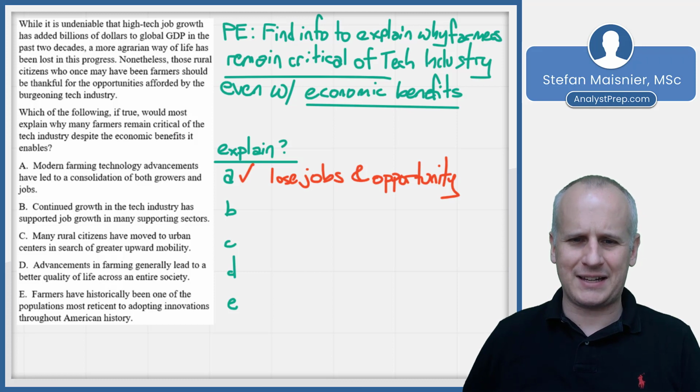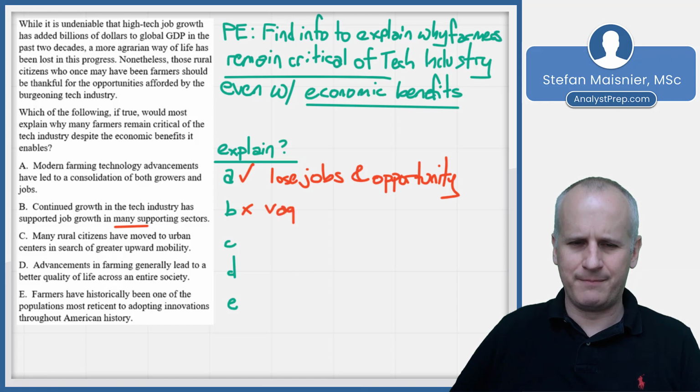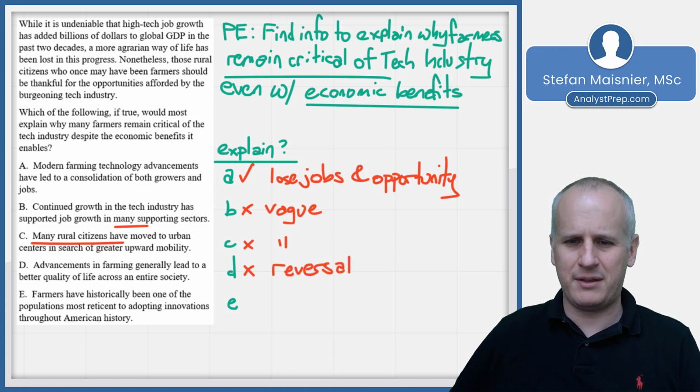Continued growth in the tech industry has supported job growth in many supporting sectors. That'll be vague. Many rural citizens, well, we're not talking about farmers directly, so that too is vague. Advancements in farming generally lead to a better quality of life across an entire society. Even if we don't accept this as vague, this is a reversal. It makes it seem like the farmers should be happy about the benefits of the tech industry. And then farmers have historically been one of the populations most reticent to adopting innovations throughout American history. This needs additional information because just that something happened in the past doesn't mean that it's going to happen again